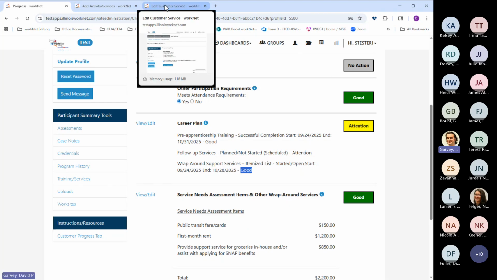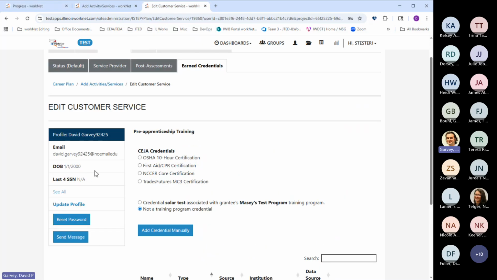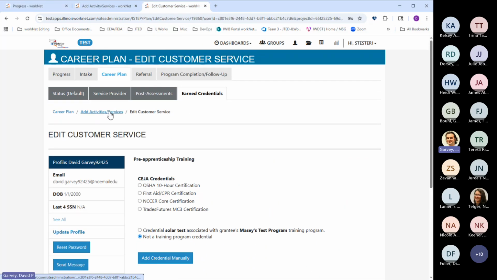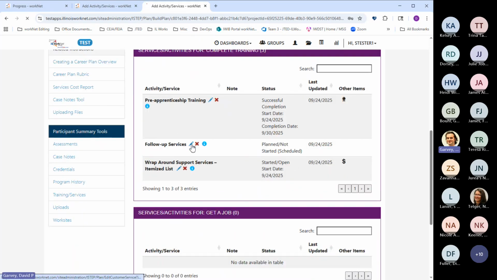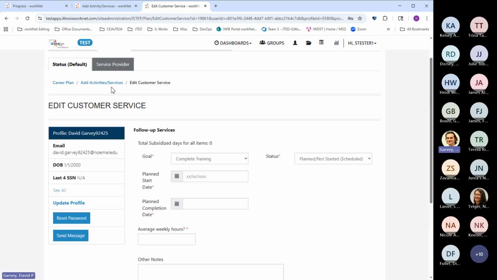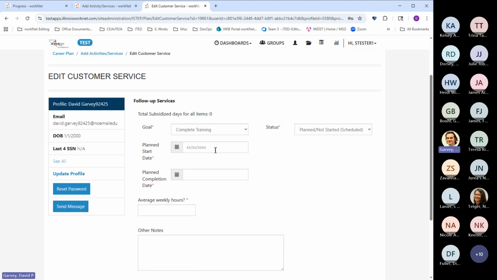And so if we go to our follow-up services, click this, add activities / services here to go back a page. For follow-up services, we'll click the pencil icon, and we can see this just has the status and service provider tabs.